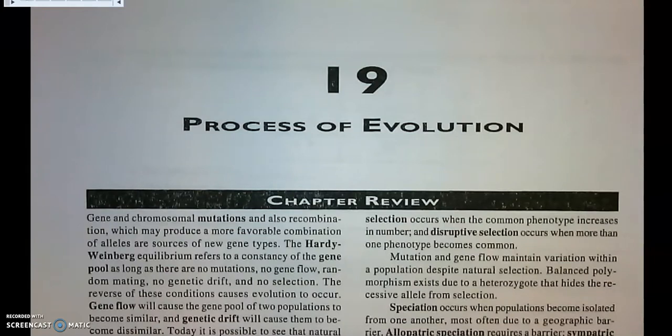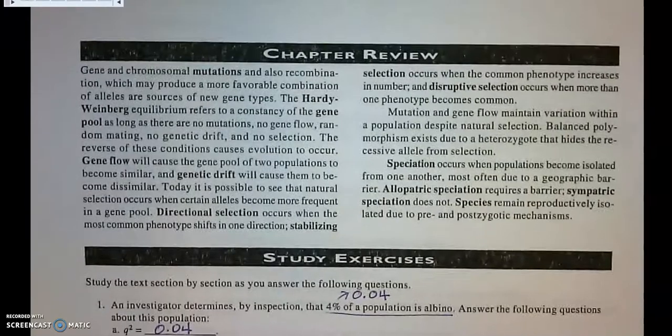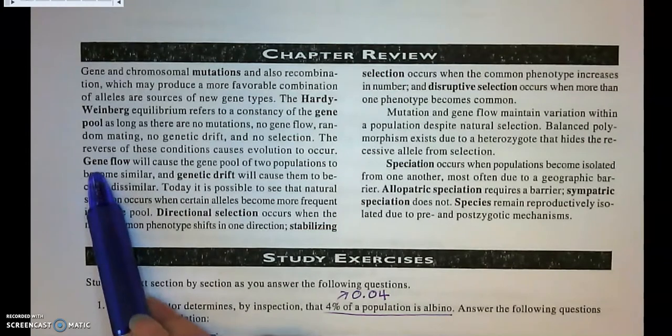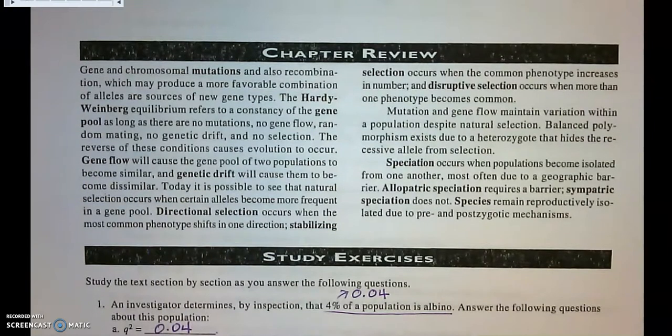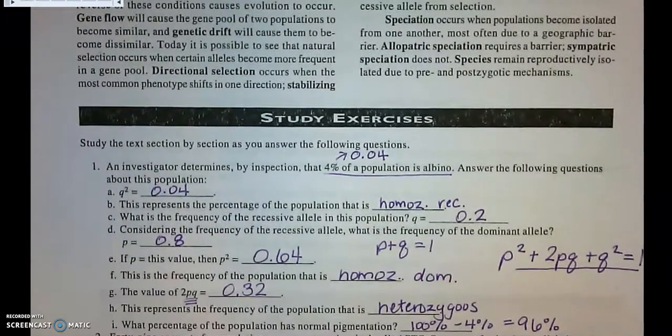There is an answer key at the end of the sheet, so as you work through it, you can certainly check your work. So this worksheet is handy, gives you a little bit of review of what the Hardy-Weinberg equations actually are, some of the conditions that are necessary. It talks about the idea of gene flow and genetic drift, which are important for you to understand for this Hardy-Weinberg quiz as well. So we started out with question 1 here,